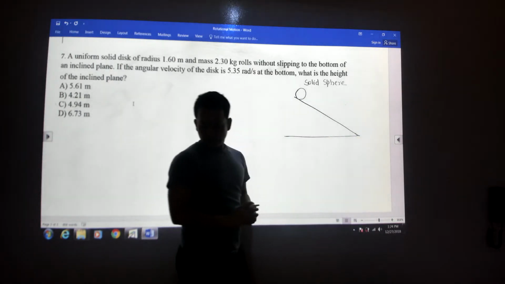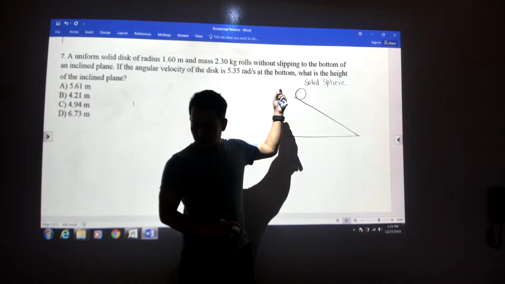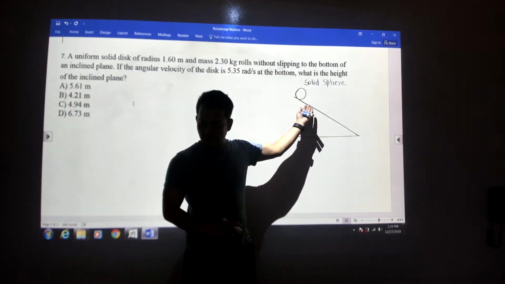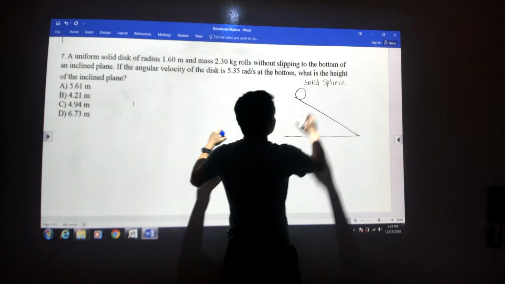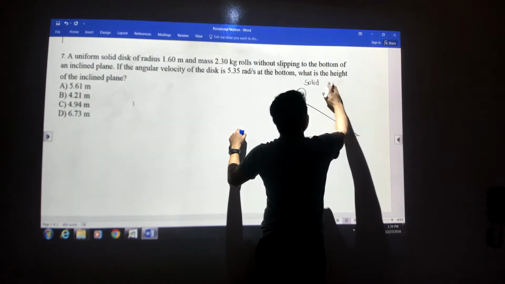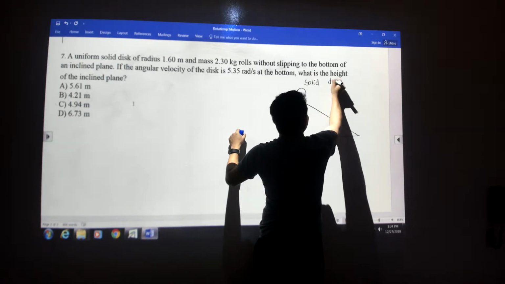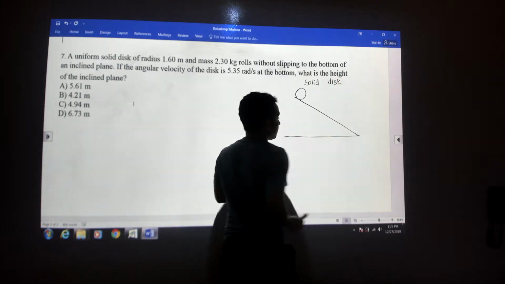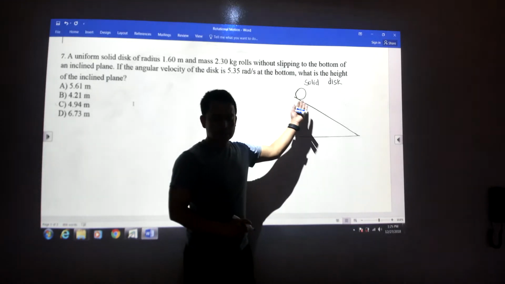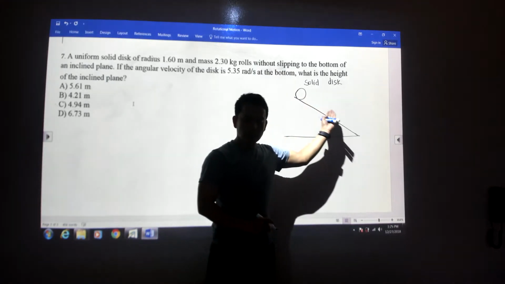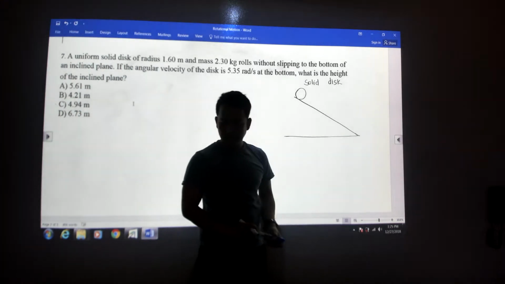Once you let this sphere roll down, oh no, this is the solid disk. This is my bad. This is not a sphere. This is a disk. So once you let this disk roll down along the inclined plane,